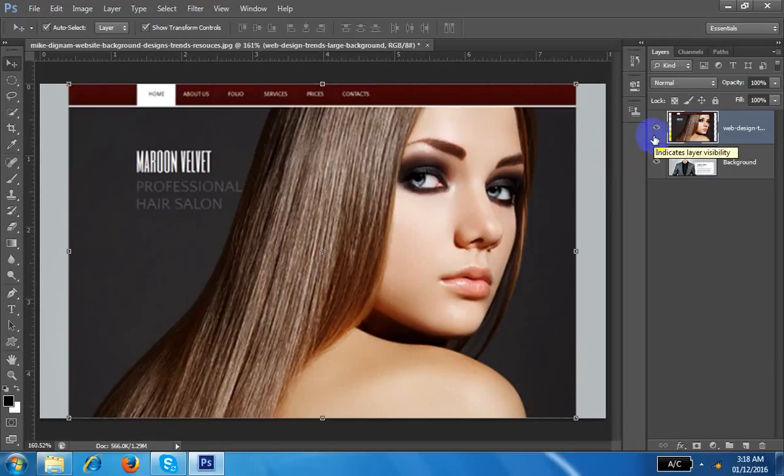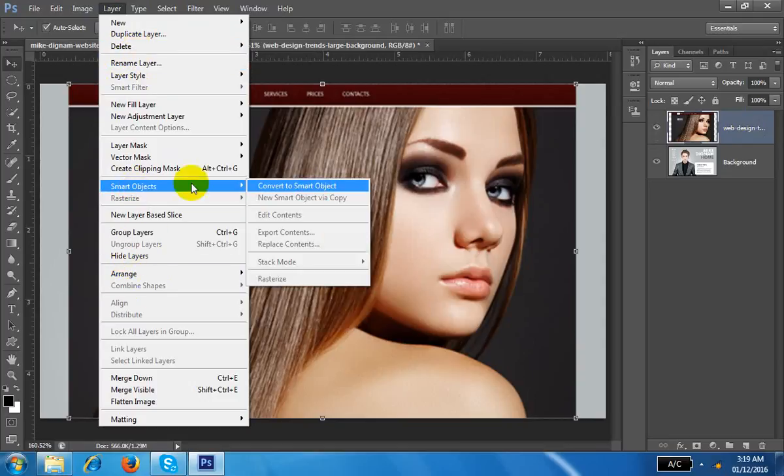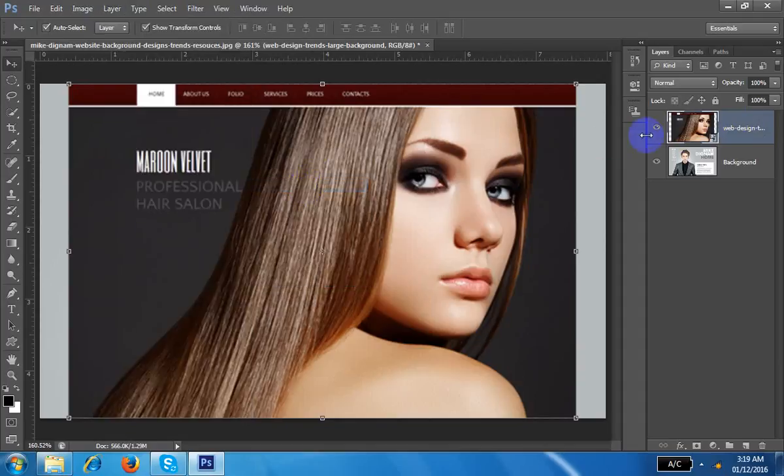Okay. You understand this one and this one, two layers, very well. Suppose this is a simple image. How to convert any image into the smart object? Go to the layer and have you seen any smart object here? Smart object, this one, very good. Go to the layer, smart object. So it is converted. And when you place any image, it will automatically come as a smart object. Understand? I can delete all this.